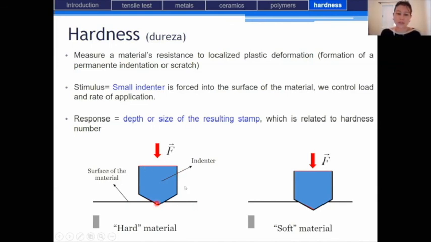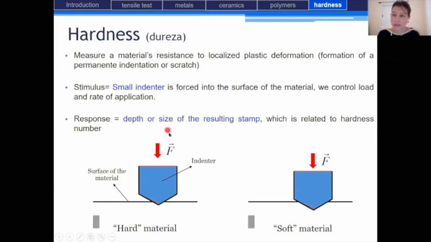The indenter in these figures is represented in blue. We apply a force in red on this indenter, and so we control this load and the rate of application of this load. And what is the response? We are going to measure the depth and the size of the resulting stamp on the material, which is related to the hardness number. Depending on the mechanical characteristics of the material, we will have different depths and sizes